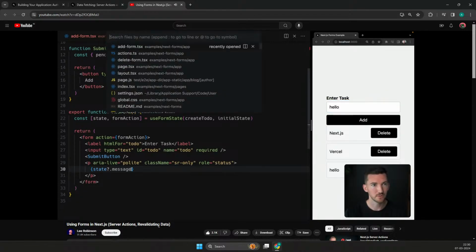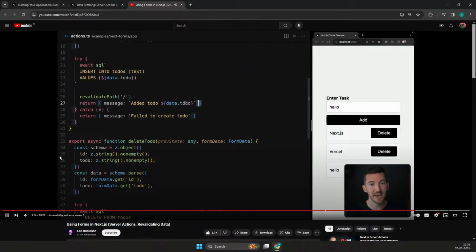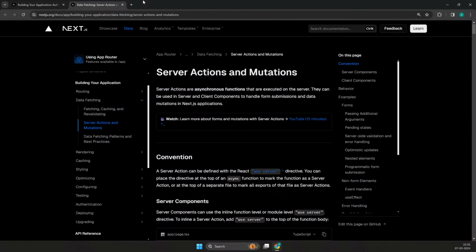If I go back to my action, the value that is returned from the server action that is used by useFormState is what is put into that live area that's announced. So either we've successfully added a to-do in the create case or in the delete case, or we've